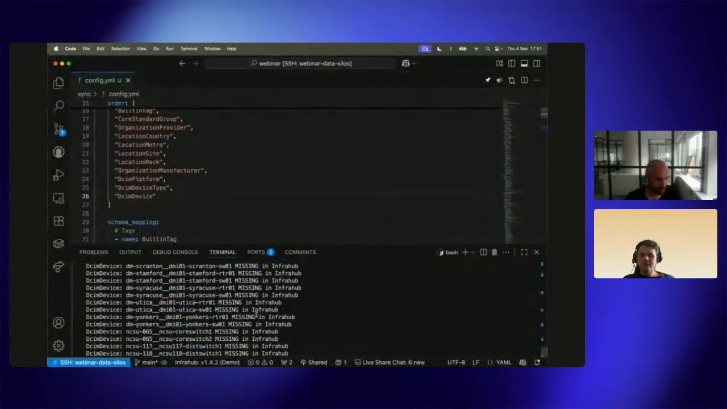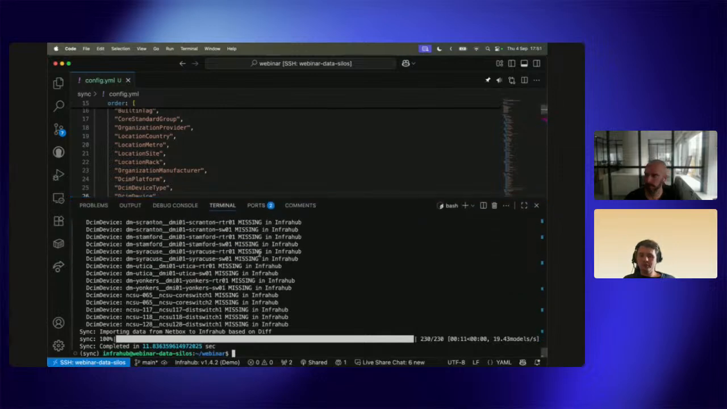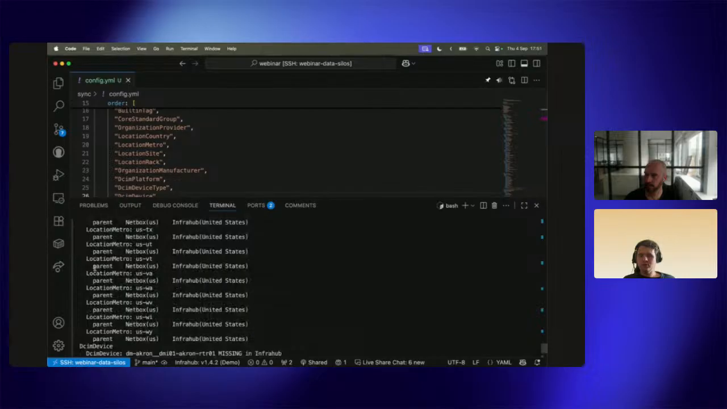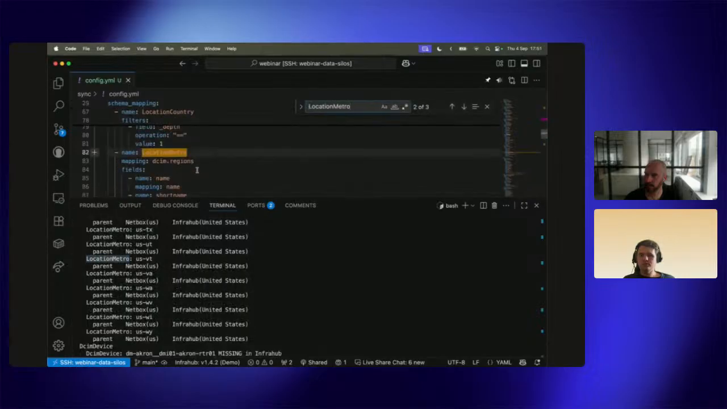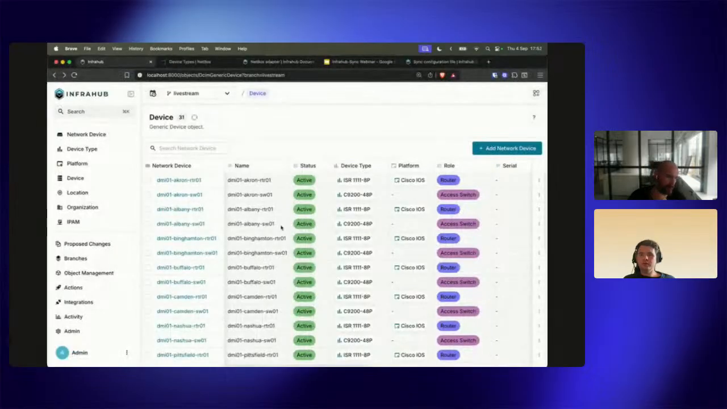So let's have a look at this. Any questions? Again, feel free to put them in the chat and we'll pick them up. So we have an idempotency issue on location Metro. How might we try and look into this? So it might be because we have something being used. So let's look in Infrahub and see what the